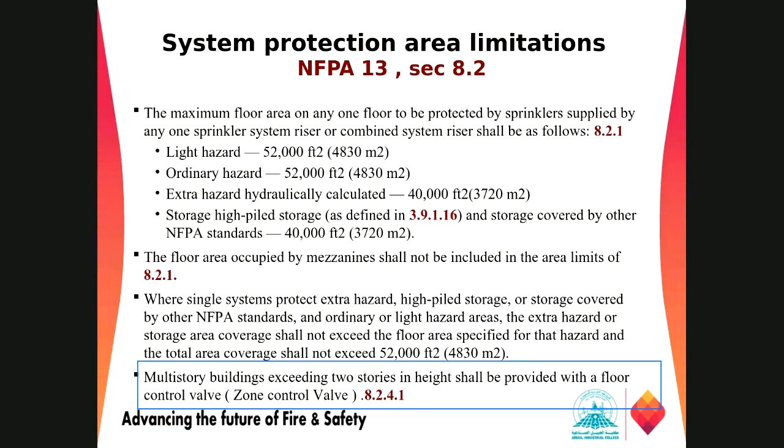Normally the problem is that if your building is multi-story, maybe 3 floors or 5 floors, and there is a fire in the sprinkler system and the flow detector detects the fire, we don't know at which location, at which floor the fire is, because if you are only installing the flow detector at the riser, it will not give the exact location of the fire. So we need a zone control valve for this purpose, and also for the purpose of isolation or maintenance.